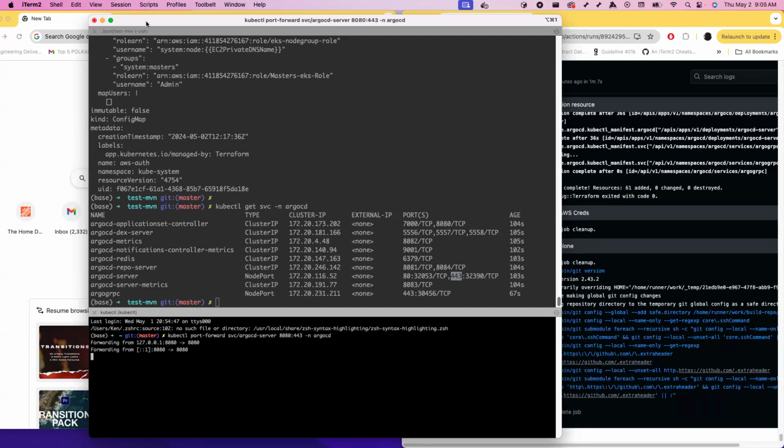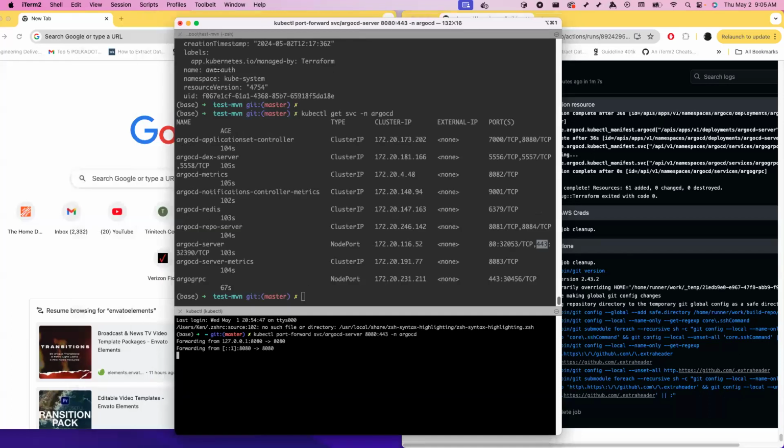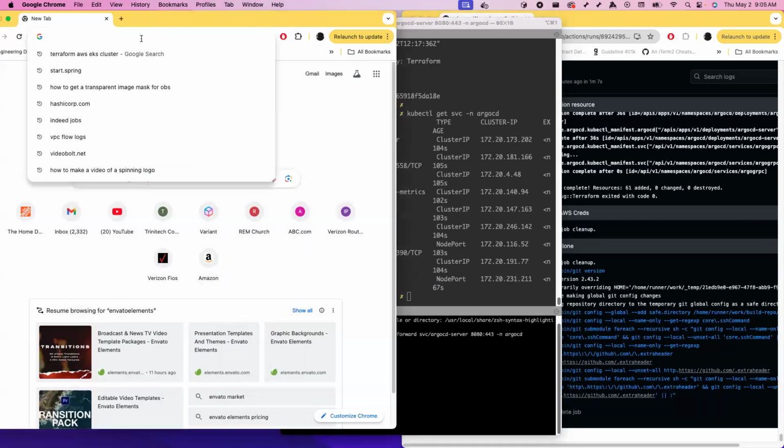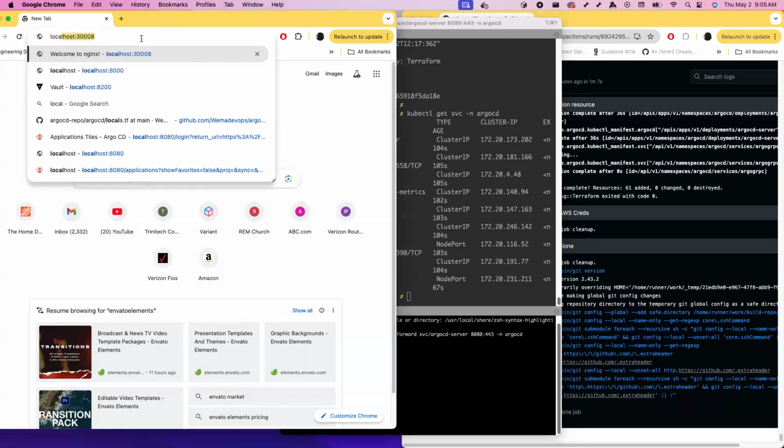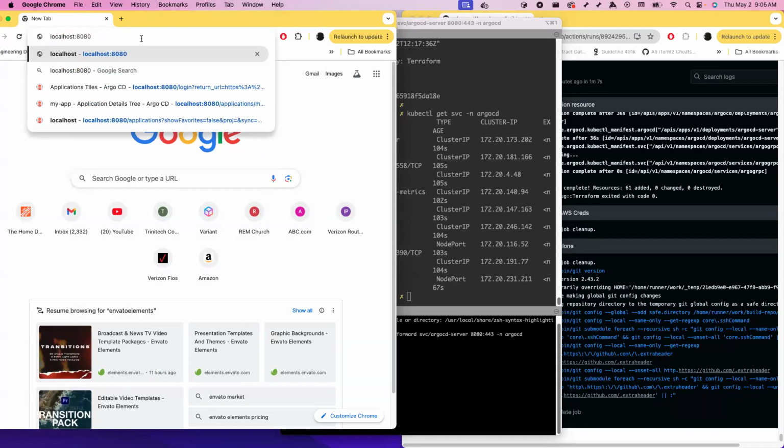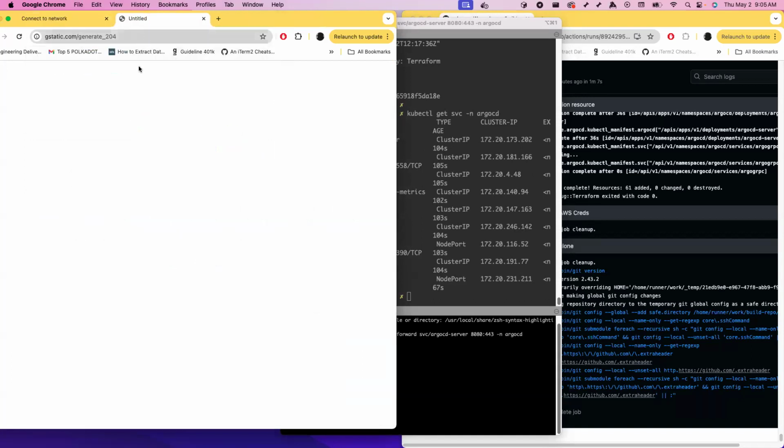Now, once we've port forwarded that, we can go to our browser, localhost on port 8080. Okay, port 8080. So once we go on port 8080,